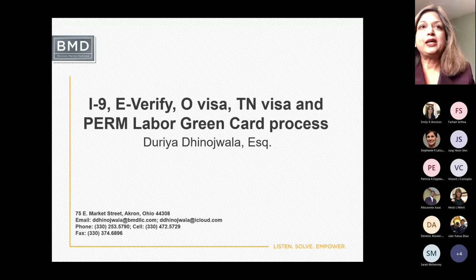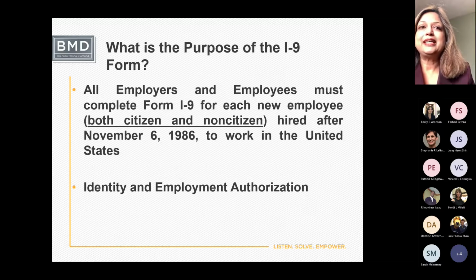Both Farhad Setna and I will be speaking on a wide variety of immigration topics. Specifically, I will cover the I-9 compliance process, the E-Verify system, the O visa, the TN visa, and the PERM labor certification process. So let's begin with the I-9 form, because this is literally the first form that you will